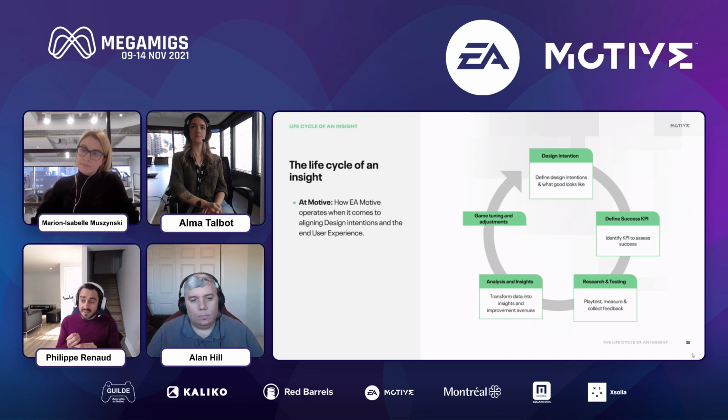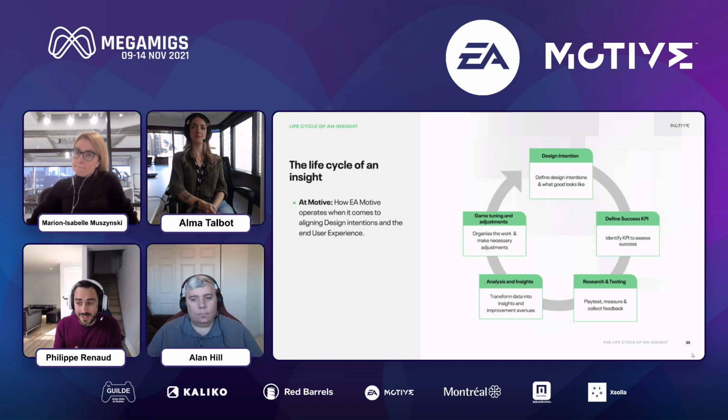Taking a step back, looking at doing the analysis and generating insight means looking at what players said, like Alan explained, looking at how players are playing, and drawing a real portrait of the situation. Make sure that you're looking at a phenomenon from every angle. That allows us to give Alma's team on the production side valuable, actionable research that dev teams and designers can use to tweak and improve their game.